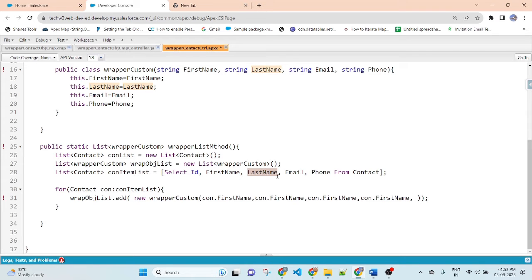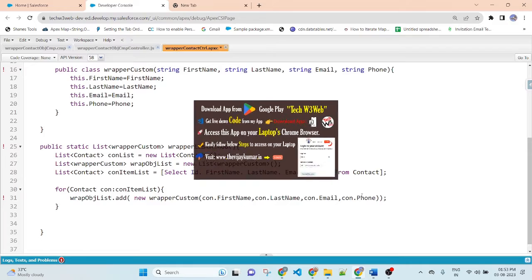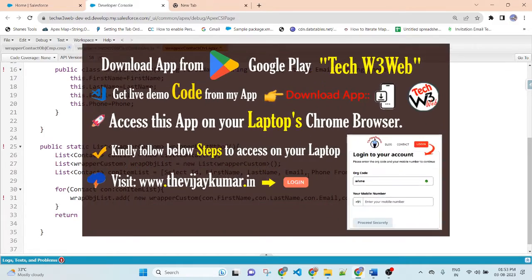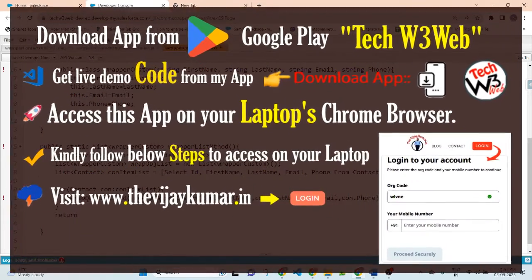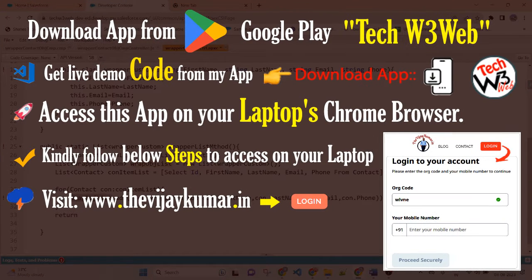Second for last name, third for email, and fourth for phone. I remove the comma from the last value. After that, here I will return the value. So I am holding the values in this list, so return this list.